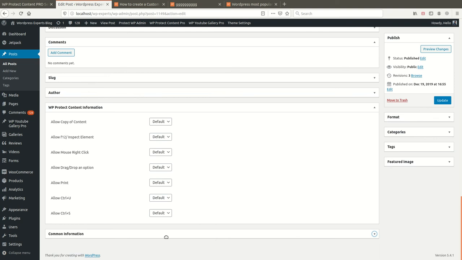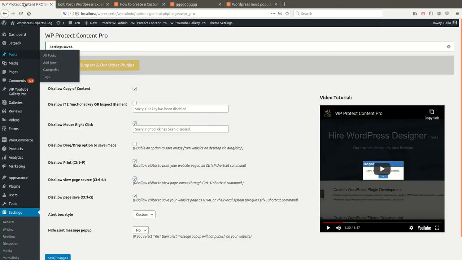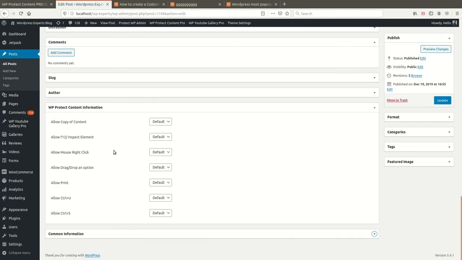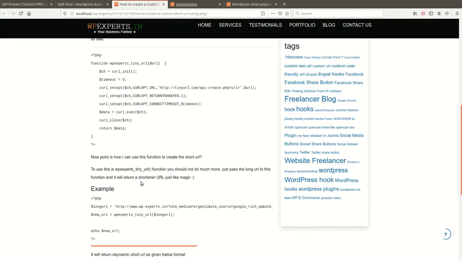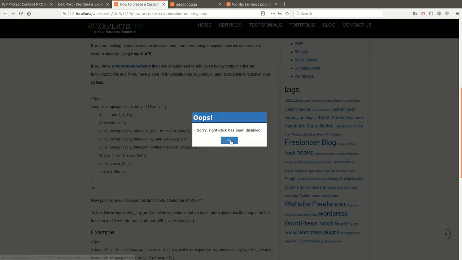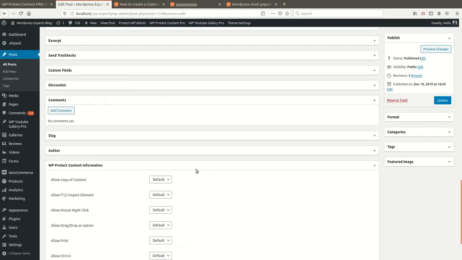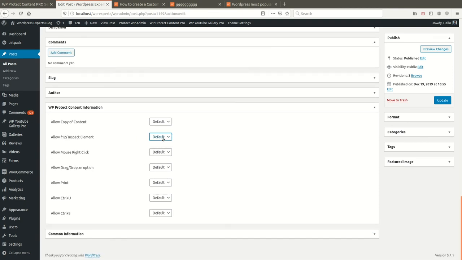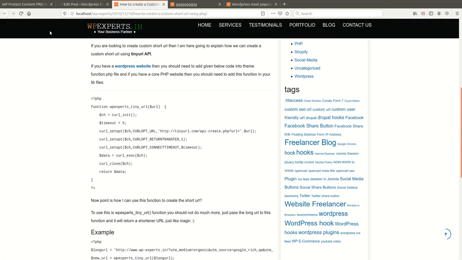Using these settings you can override the plugin's default settings from here. For example, if you want to enable right click only for this post, you can allow right click here.